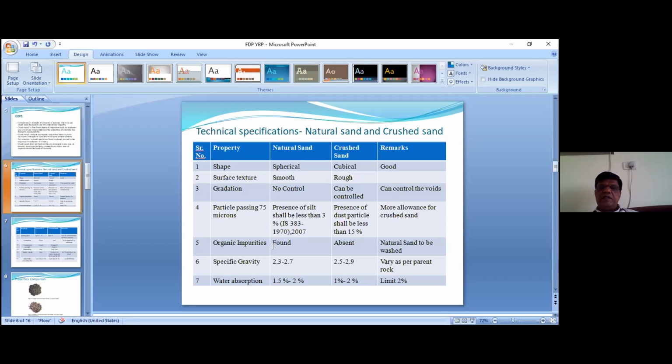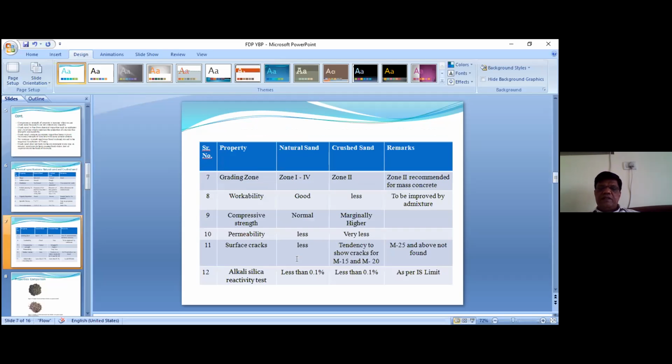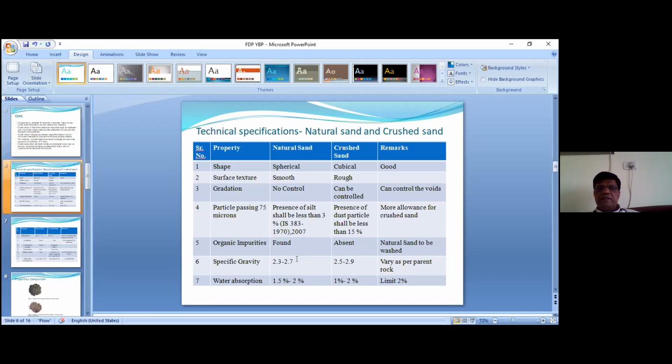Organic impurities are found in natural sand. They are totally absent in crushed sand. So if organic impurities are found, we have to wash the natural sand, thereby increasing the cost of the sand. Specific gravity of the natural sand is between 2.3 to 2.7, and in crushed sand it is a little bit higher, 2.5 to